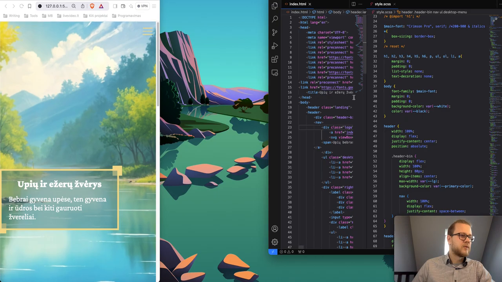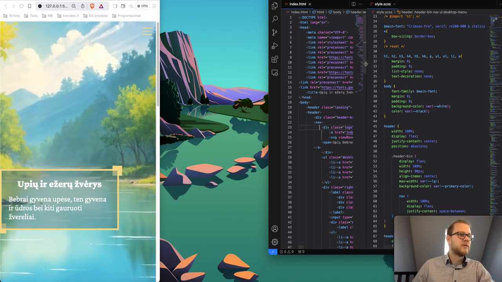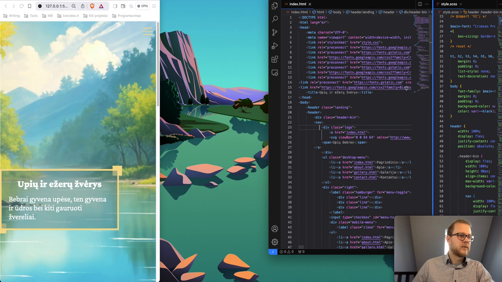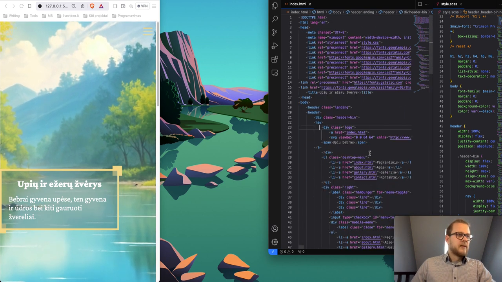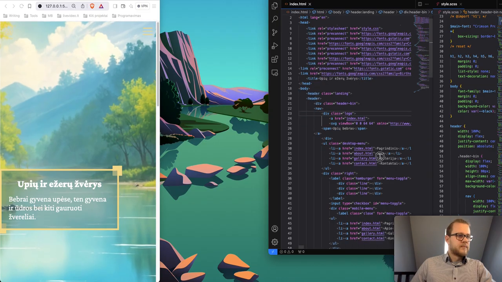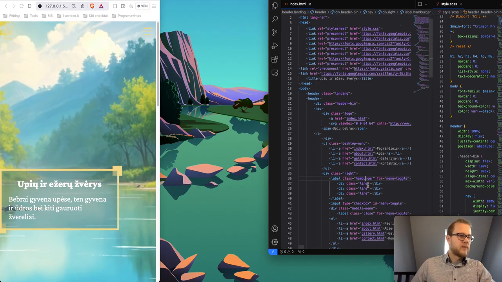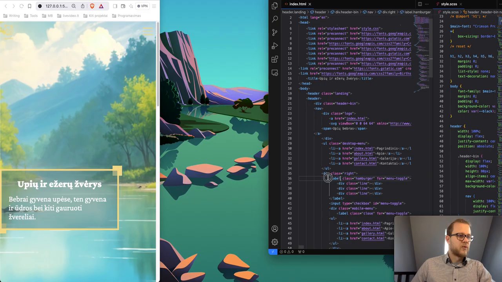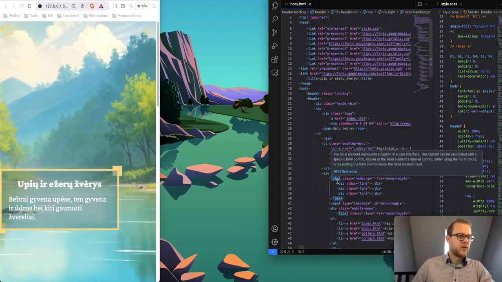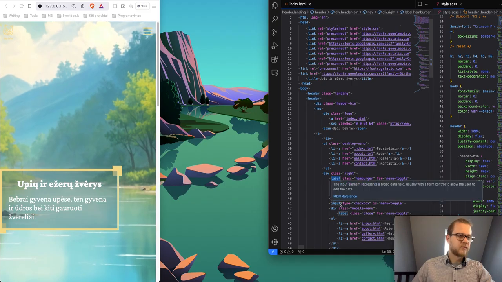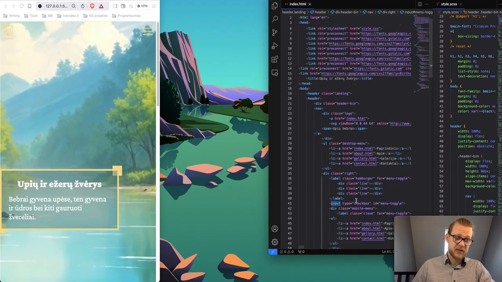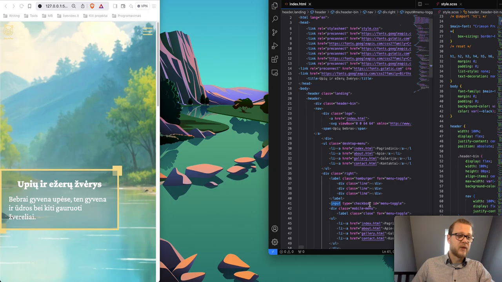So we can find it in the HTML code. Let me quickly find it. Yeah, desktop menu, hamburger. So we had to change this to label, because only when it's label, then we can put an invisible input checkbox that once it's checked,